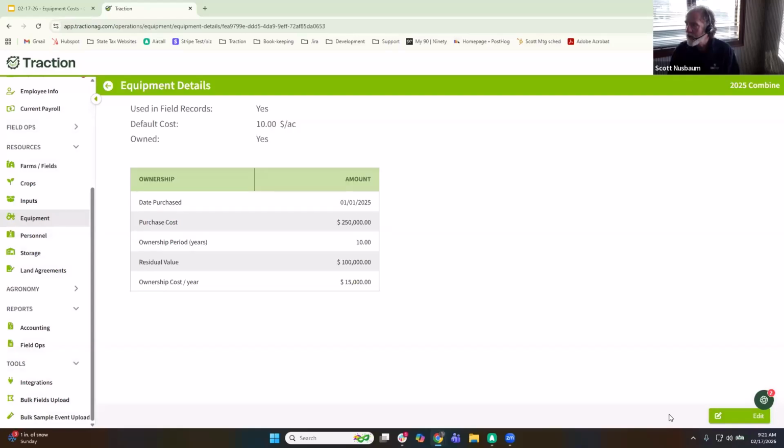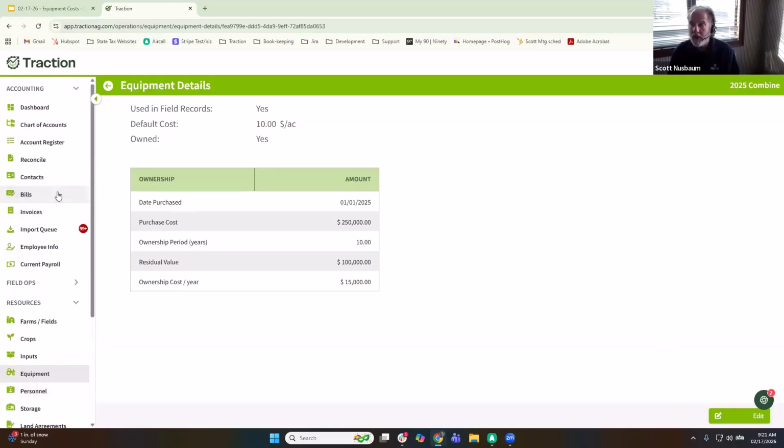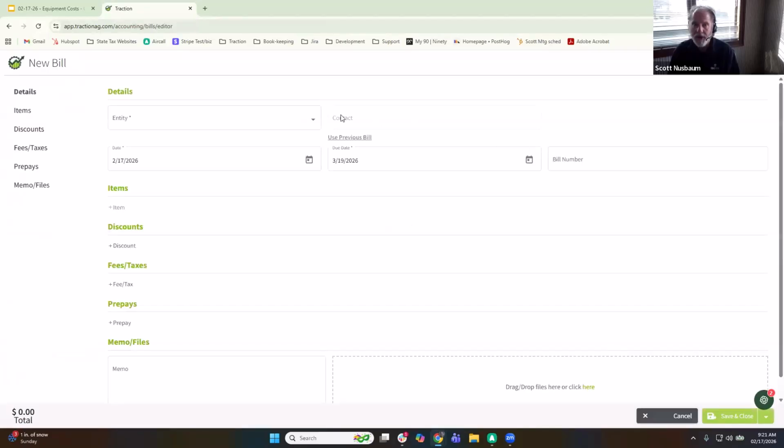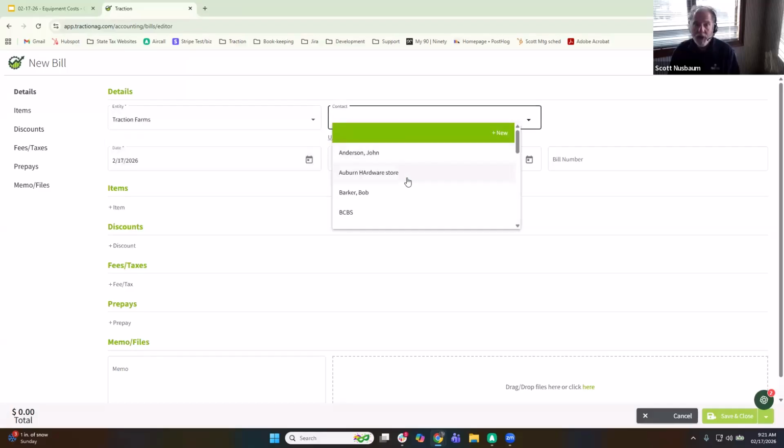I see a question, what if a repair is a promotional pay later situation? I think you're probably talking about a bill. So if I'm not writing the check for it today, if it's a bill that I'm going to pay later on, you can do the exact thing. We'll just go ahead and put one in. Let's say I got a bill today. I'm not going to have to pay this bill until later. I'll pick out who it's to